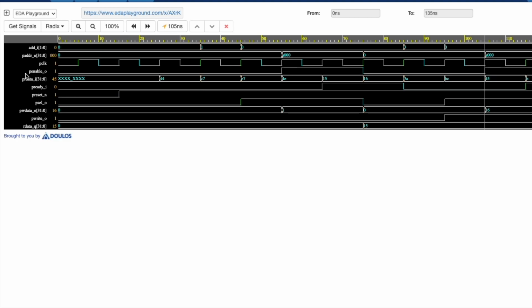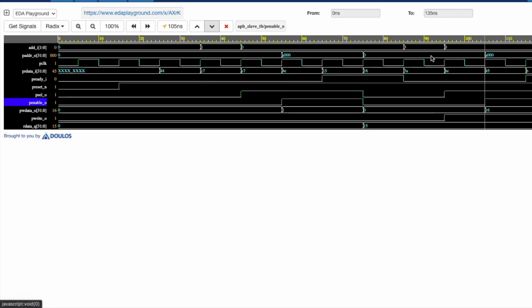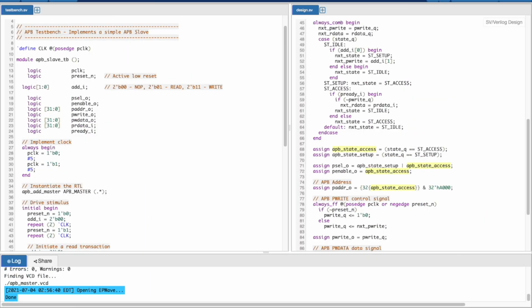This is when your P enable becomes 1. Yeah, cool. So we got a value of 15 and we added 1 to it, and then we are returning it in this manner. So this way we are actually implementing an adder, which basically takes a value from your particular address, adds 1 to it, and then returns the same value. And if you write more stimulus, you can continue to increment it by 1 on every cycle.